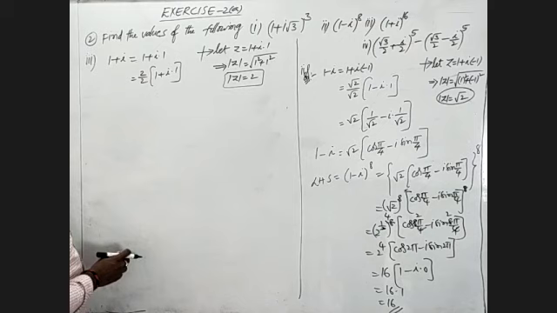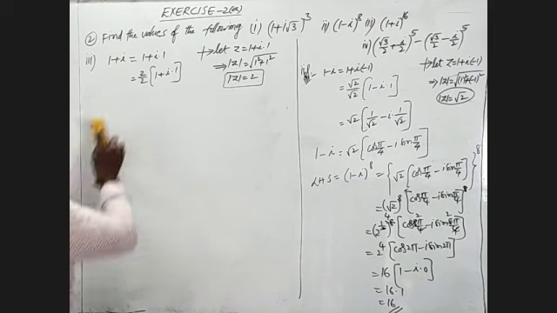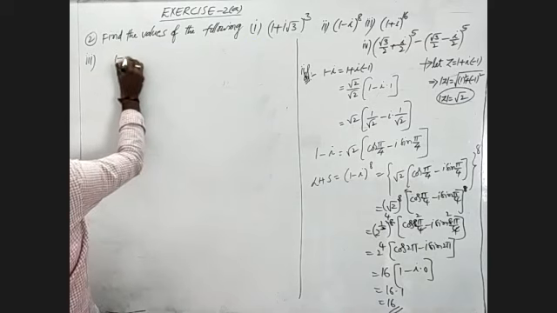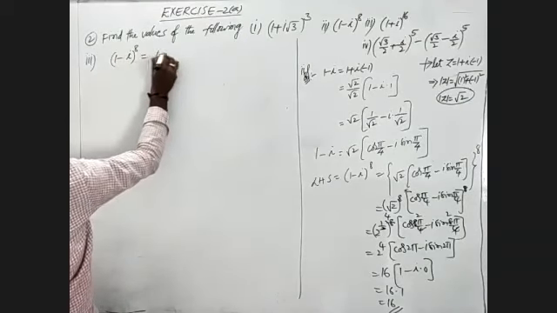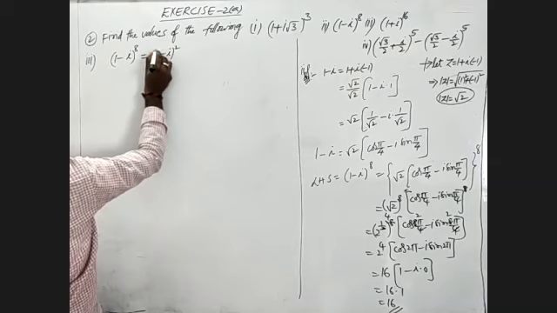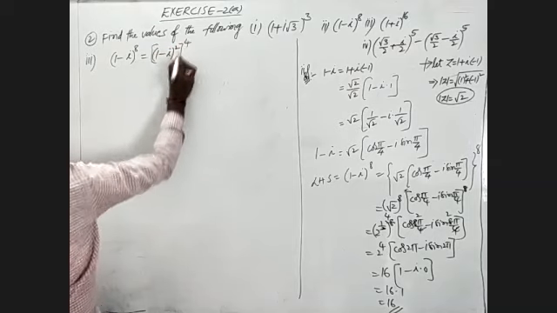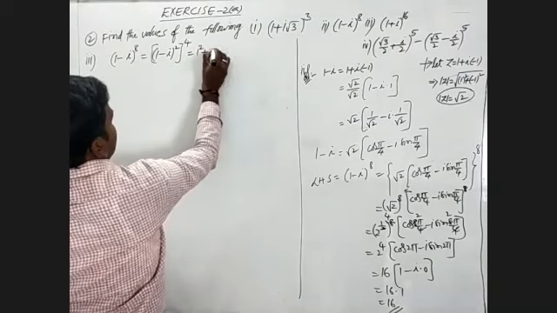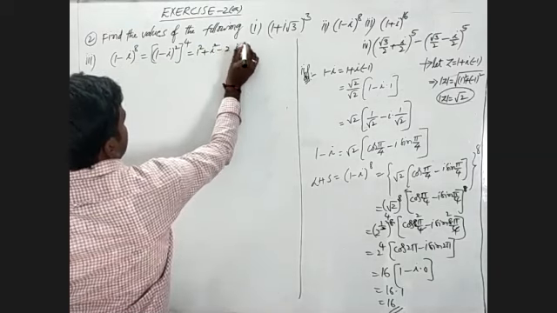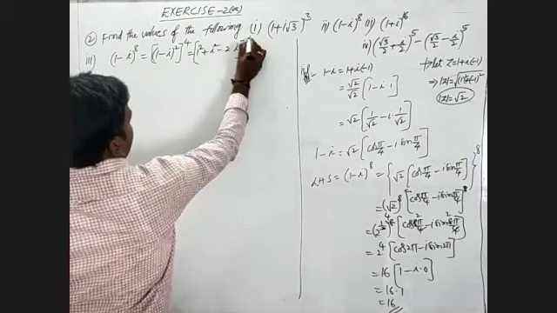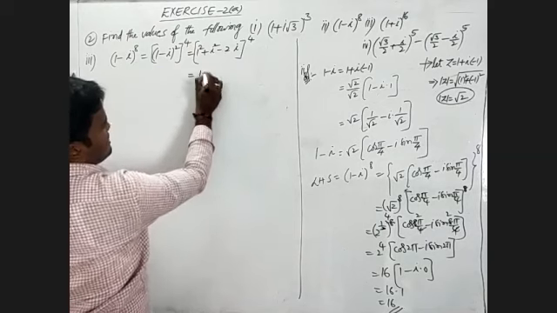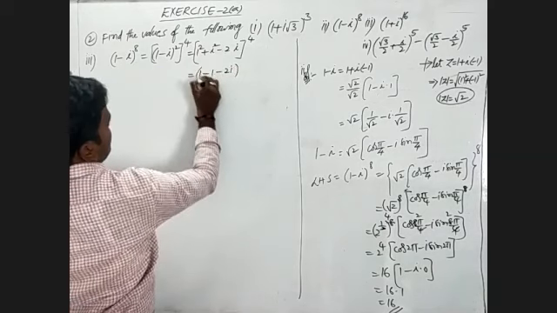Will observe. First I have to expand this one, so I am sorry. The given one can be expanded in this way. The given one is 1 minus i whole power 8. Here we will write 1 minus i whole square whole power 4. When it is of the form a minus b whole square, how to expand this? 1 square plus i square minus 2 into i, whole power 4. That is 1 square is nothing but 1, i square is minus 1, minus 2i whole power 4.